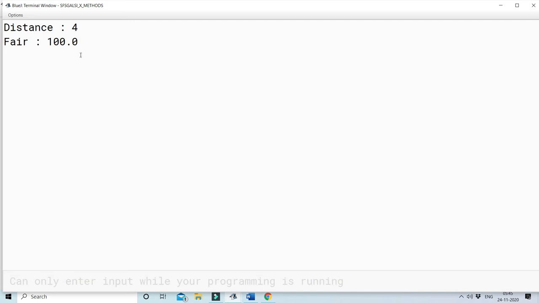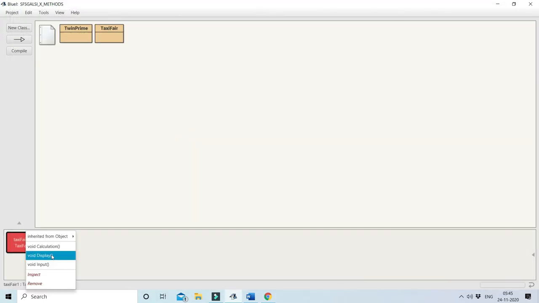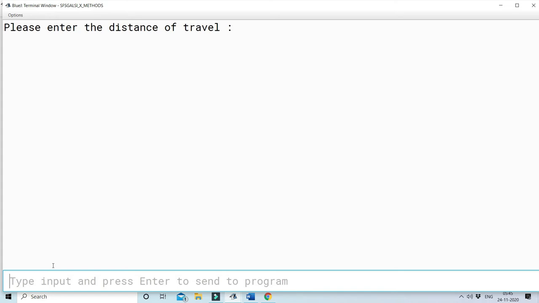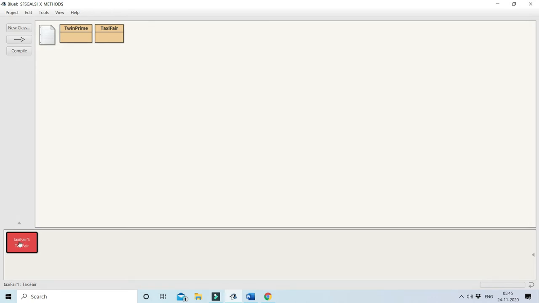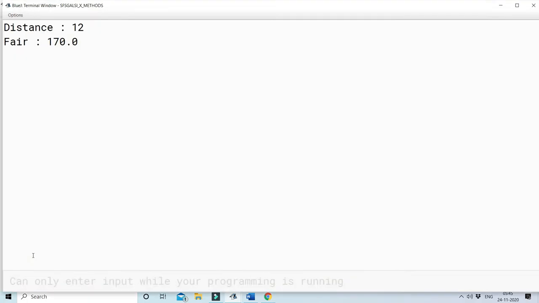You can see the distance is 4 kilometers and the fare is 100 rupees. Now again, if you go to the input program and give 12 kilometers, and close it, and run the calculation program, it is done. And now the display program, you can see for the 12 kilometers you have to pay